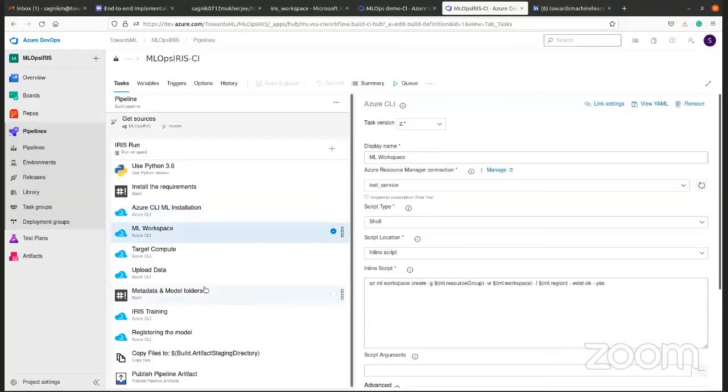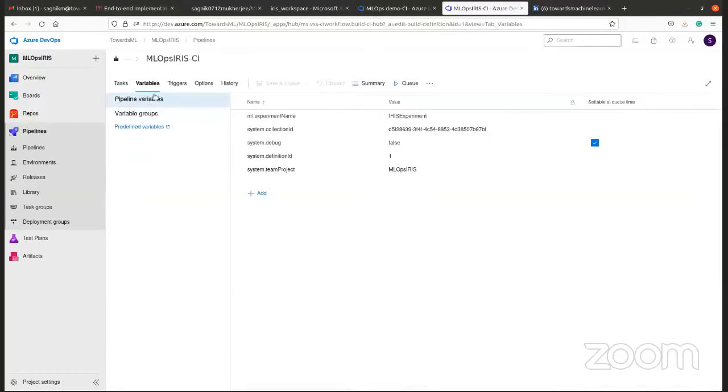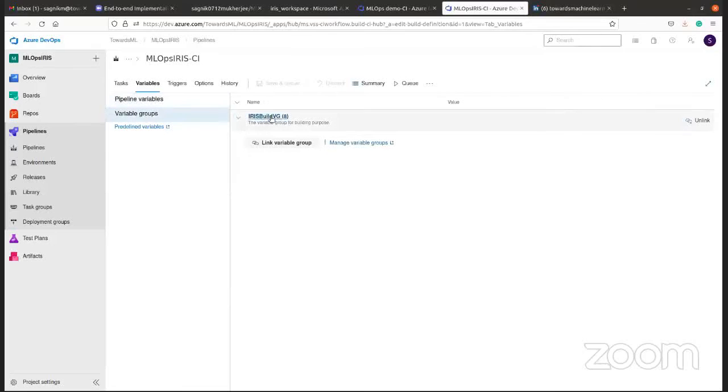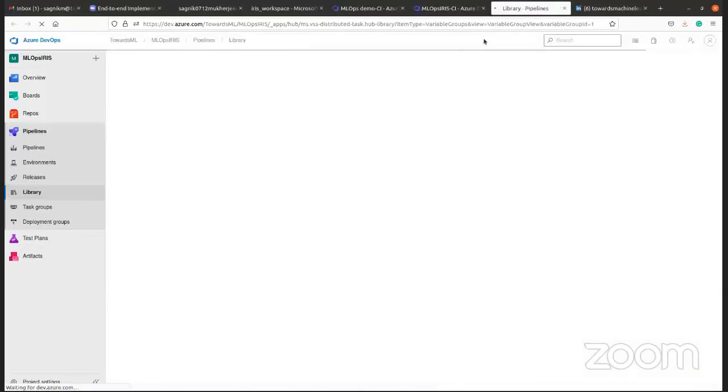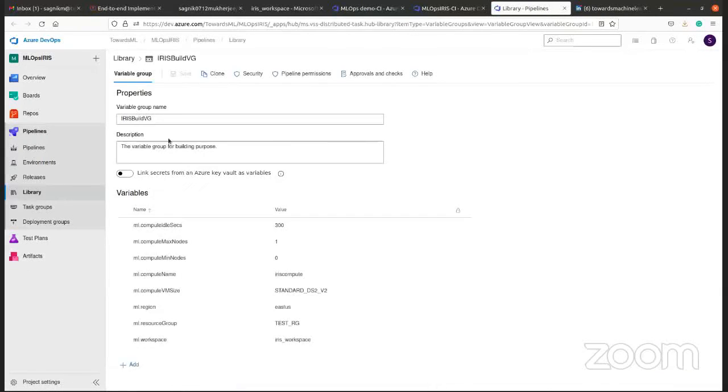Now you can either create the workspace. What is my workspace, by the way? If I come to variables, what is the workspace? If you look at this, the build variable, what is the workspace that I'm looking at? The workspace that I need is this Iris workspace. This Iris workspace will not be existent in your